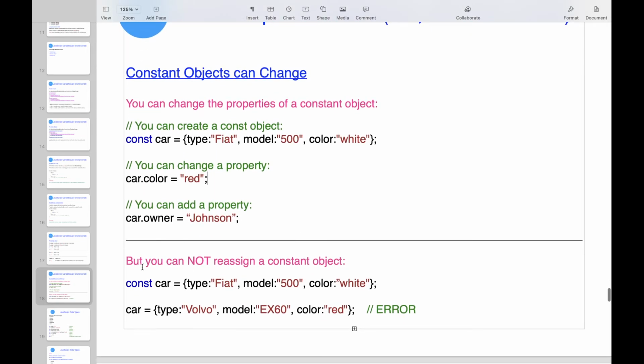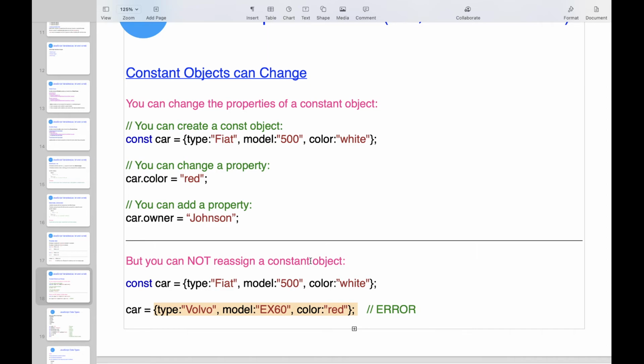But next, you can see you cannot reassign a constant object. Here I already have one object for this variable, but I cannot override it with a complete object again. I cannot reassign a second time for a constant.